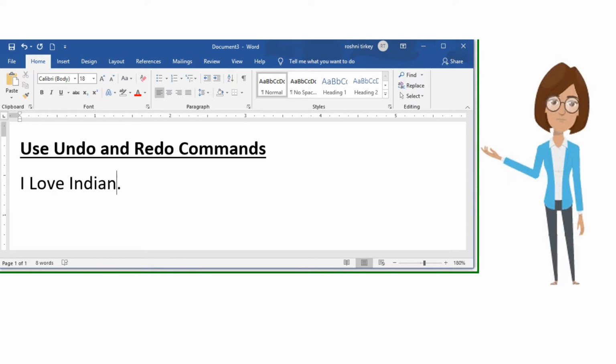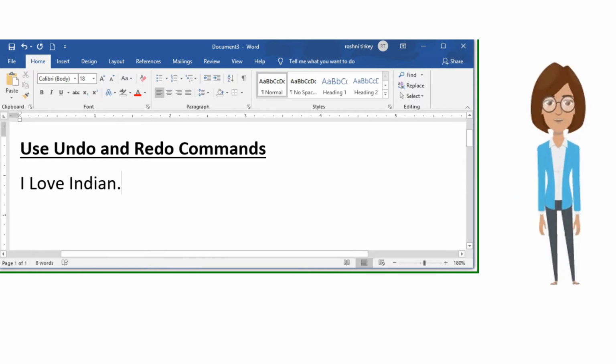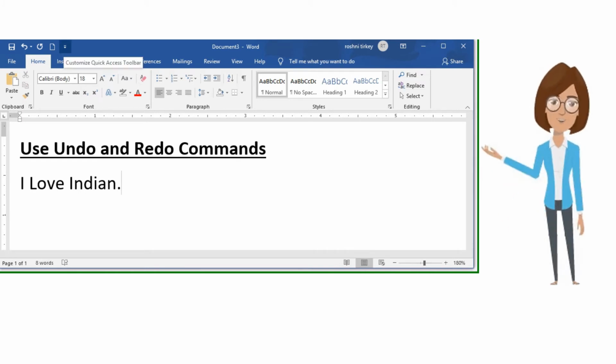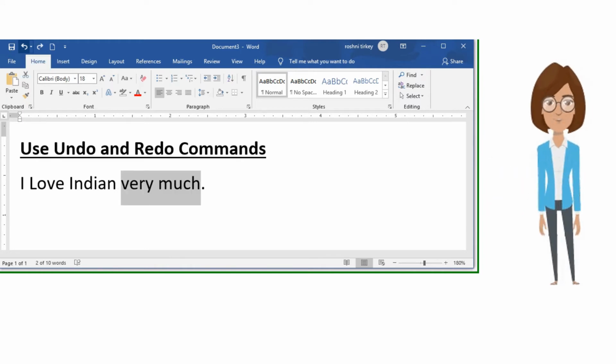Step 2. After the delete action. Step 3. Deleted text appears again after undo. Quick access toolbar. Click undo. Step 4. Deleted text disappears again after redo. Quick access toolbar. Click redo.